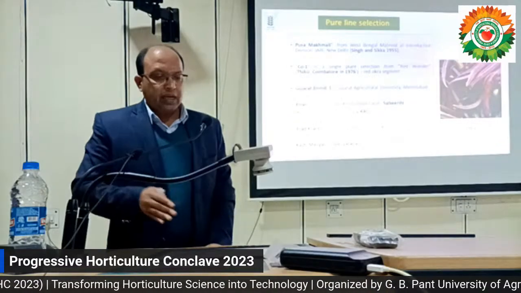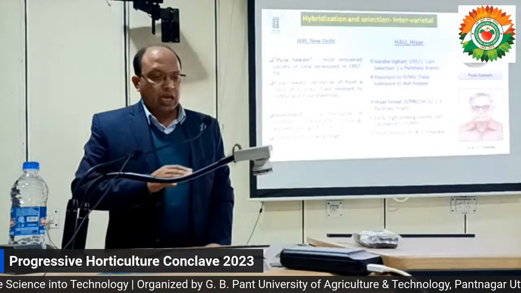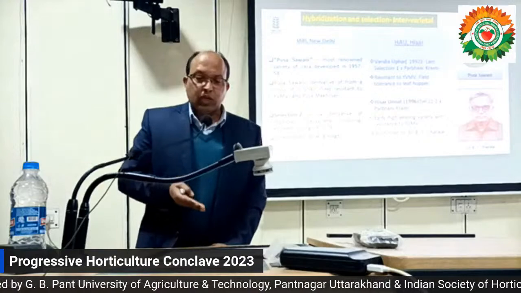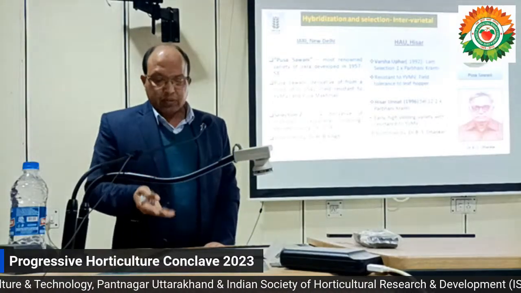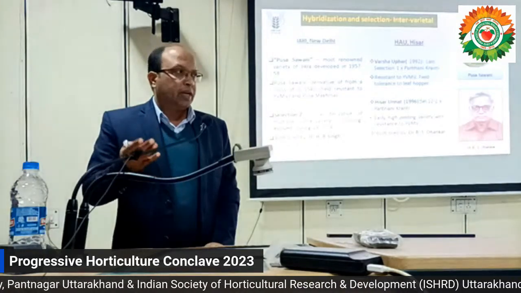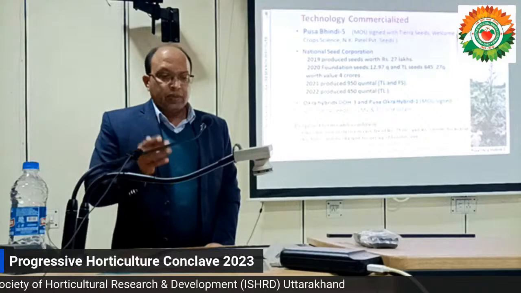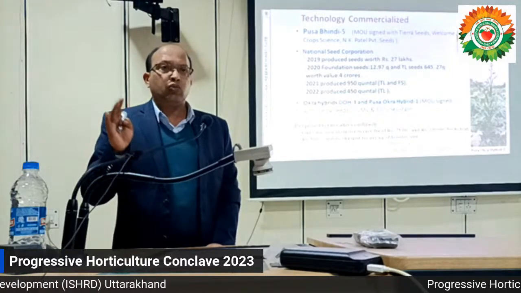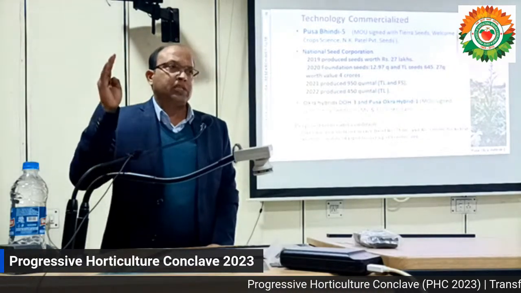In the pure line, I will not go into so much detail; a lot of material has been developed, and hybridization has been done. I told you that different institutes have developed varieties like Parbhani Kranti and Hisar Unnat, two varieties developed by Dr. B.S. Dhankhar. He is also a pioneer breeder in okra, apart from Dr. Harbhajan Singh. Then we developed one variety, Pusa Bhindi 5, that is resistant to YBMV, and we have commercialized it. Because you see, in the beginning, Pusa Sawani was commercialized.